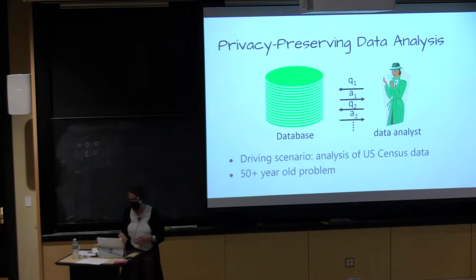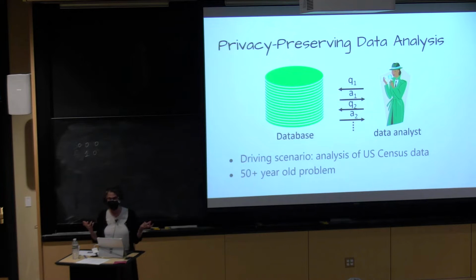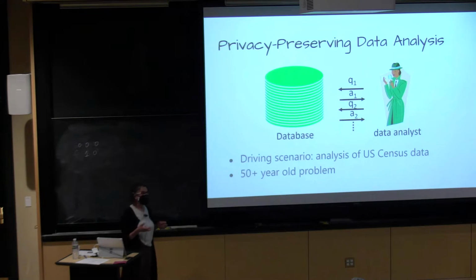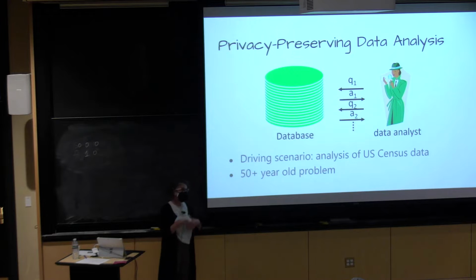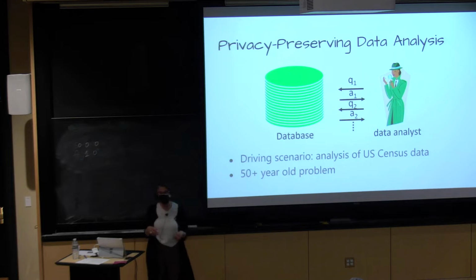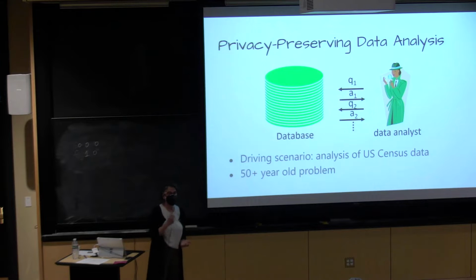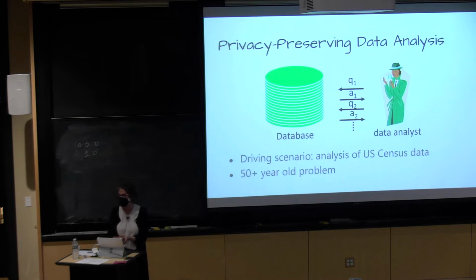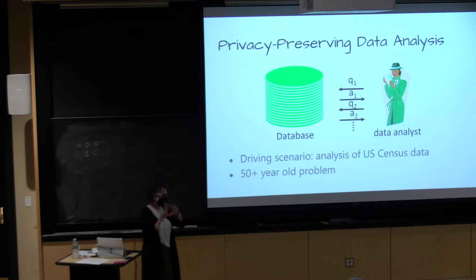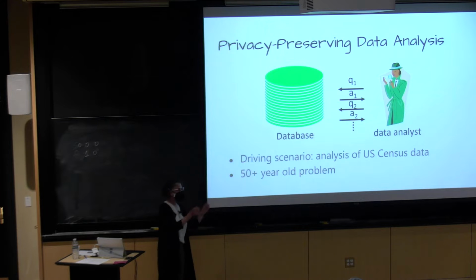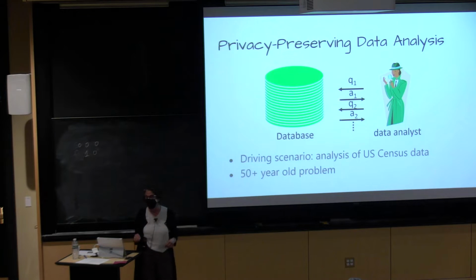Now, this is really, really abstract. So for example, a query could be, tell me how many people in the data set satisfy some property. Or it could be, give me the following tables. Or it could be, let's run a study on the heart database from Framingham, and then I'm going to publish the results of my study. So the first query is, run all these analyses and do all kinds of thinking and now publish the result.